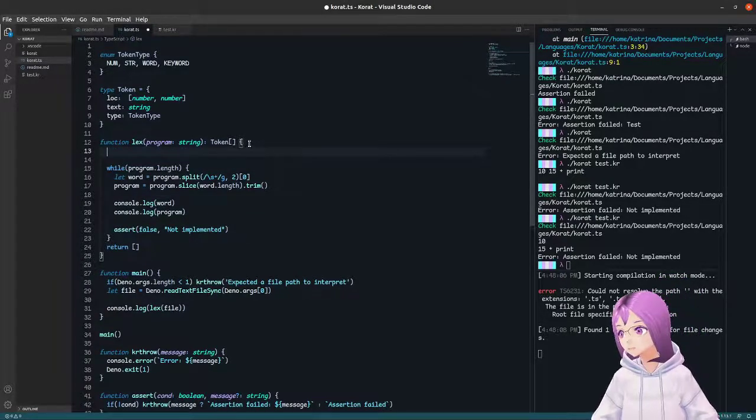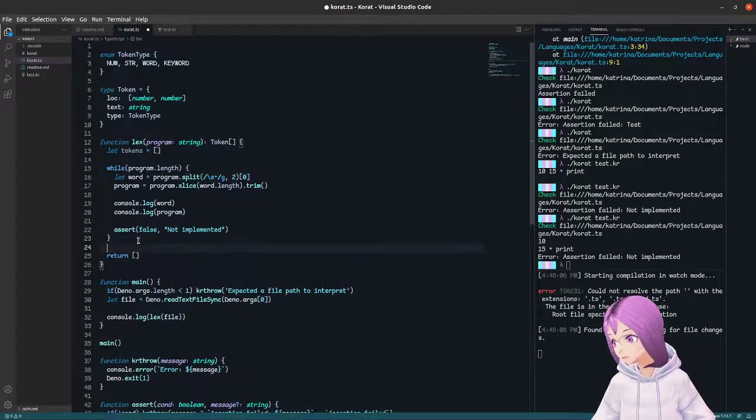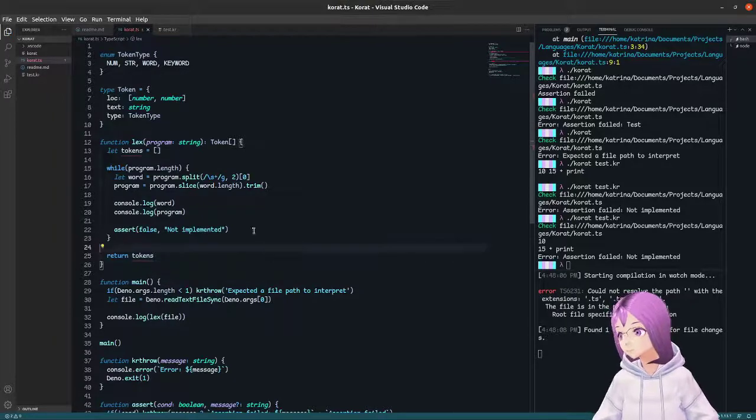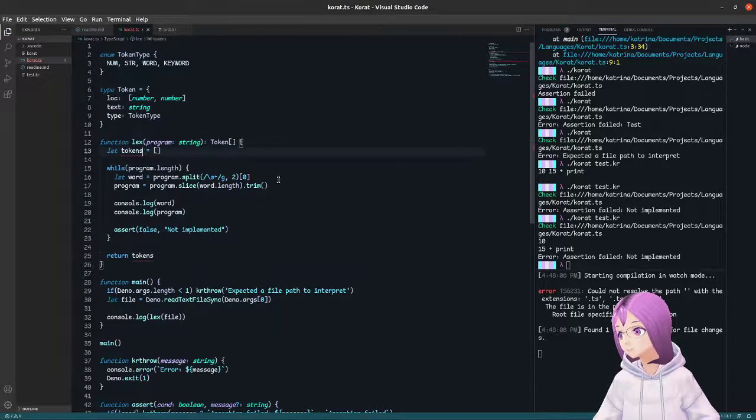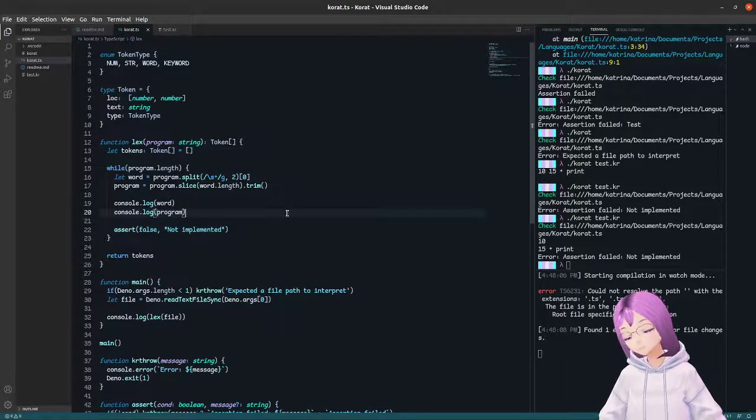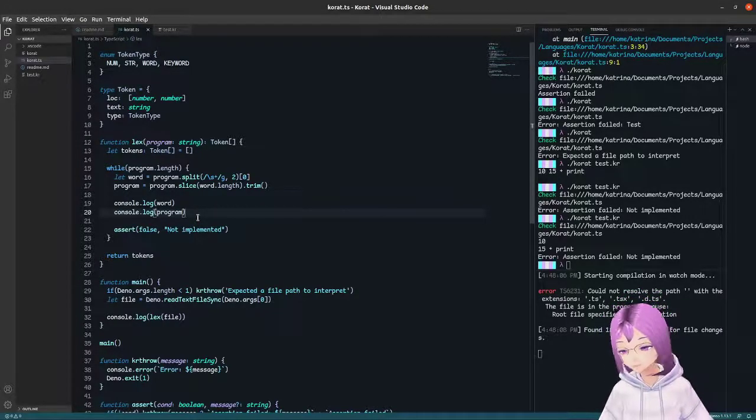And for now I'm just going to keep a let tokens equal a list, and we will return tokens. Cool. So that should